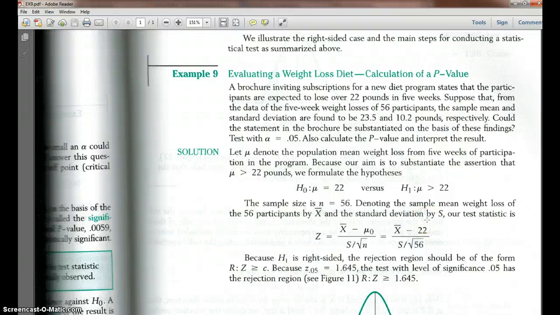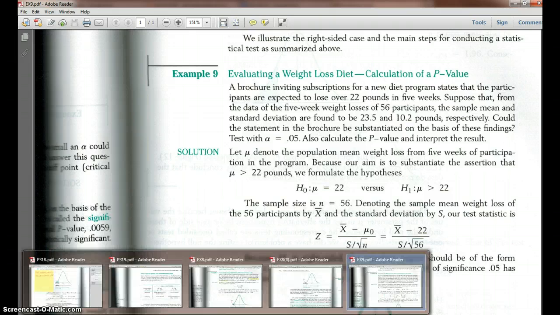In example 8, the alternative hypothesis is the population mean is less than 270. And in this example 9, the alternative hypothesis is mu is greater than 22. So this is a different situation. If we look at the previous example, if we want to